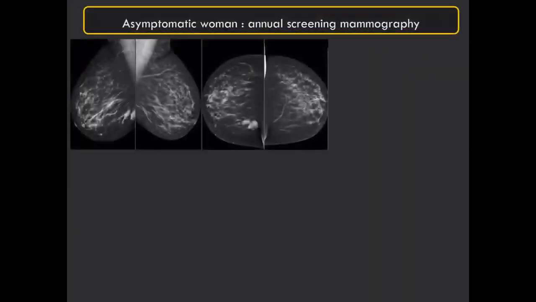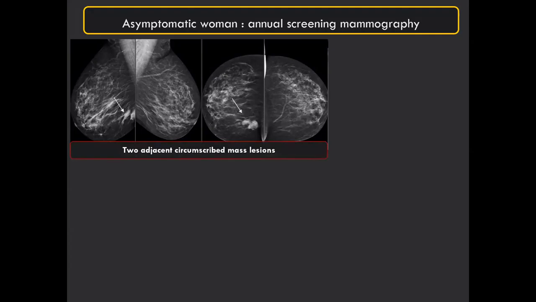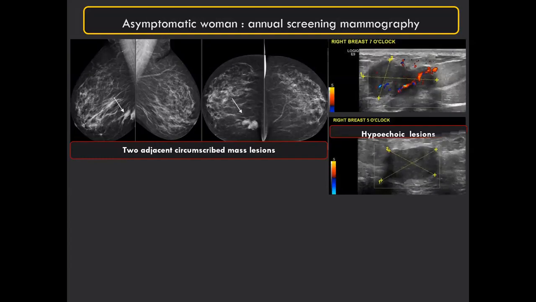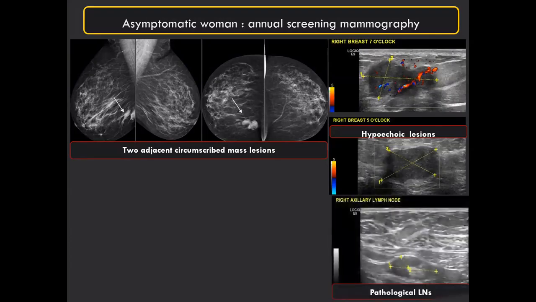This is a screening mammogram, again, of an asymptomatic patient. She had this lesion within the inframammary fold, and lesions within the inframammary fold are usually hardly detected in patients because they are considered to be in a hidden area. An ultrasound examination was performed and it revealed a hypoechoic vascular lesion, and her axillary lymph nodes were also pathological